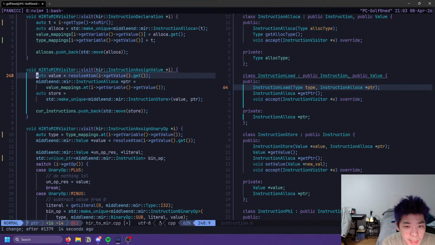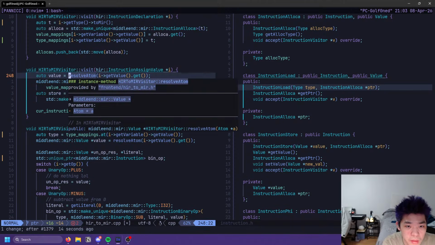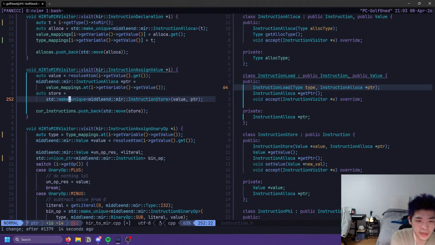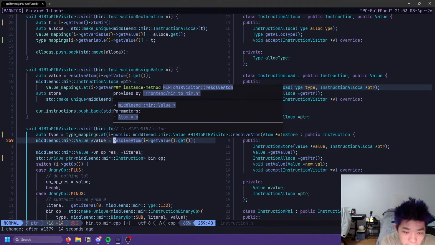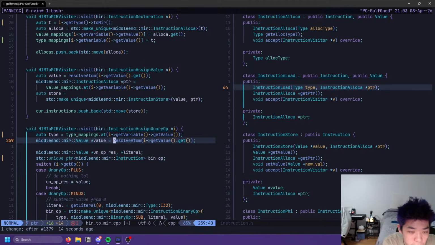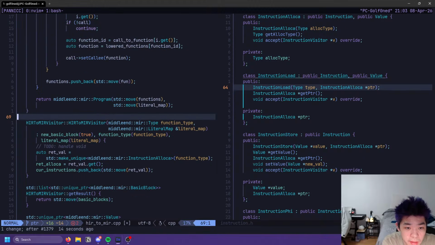What type is this then? Oh, it is just a value. And what is resolve atom again? Let's see, where did I put that?